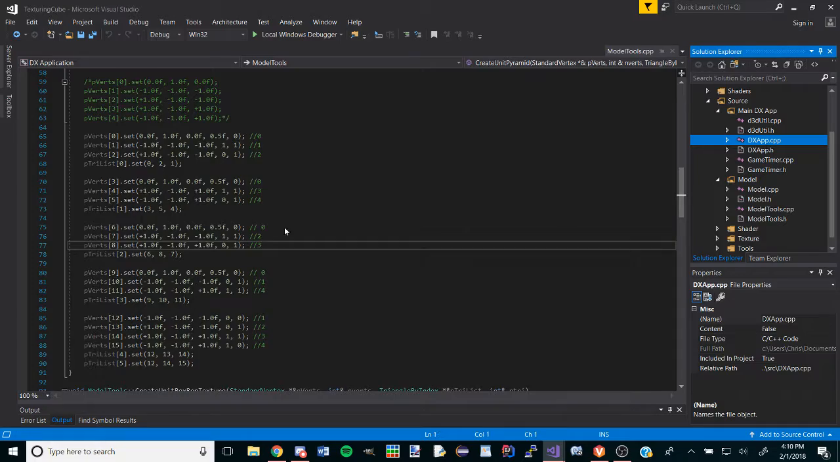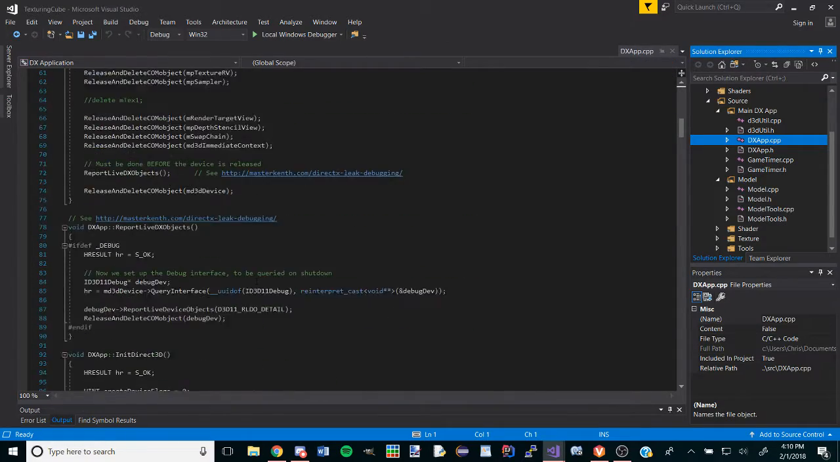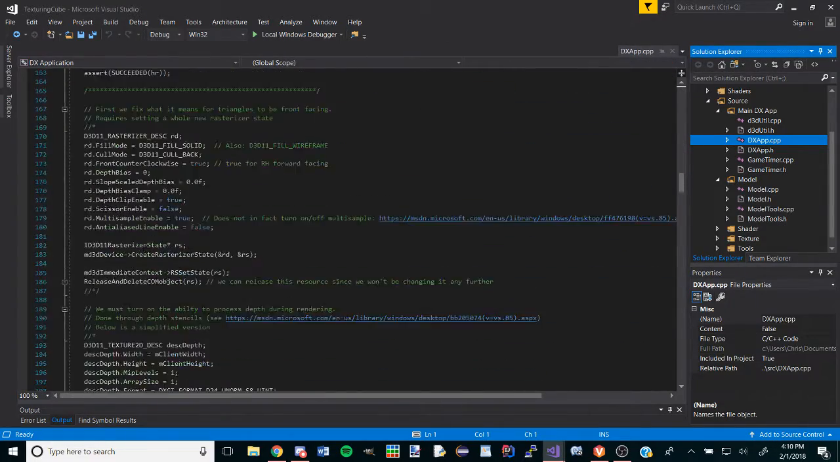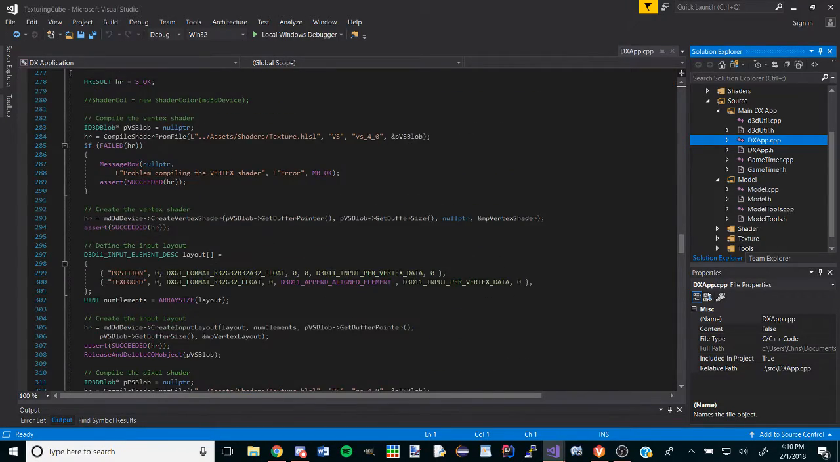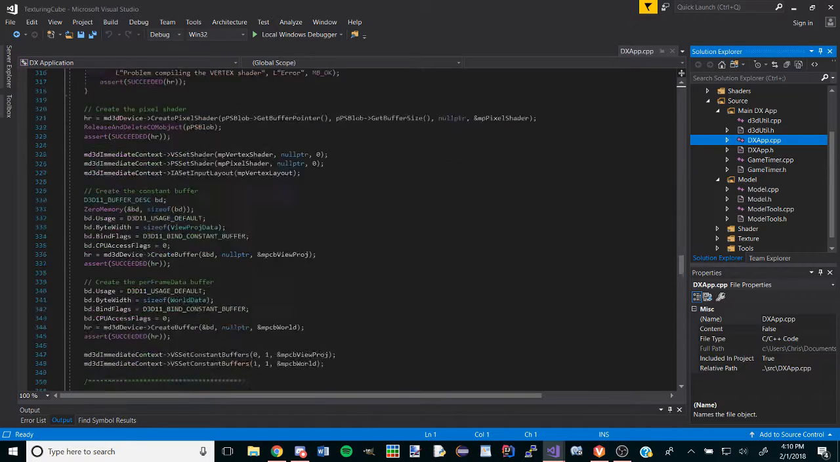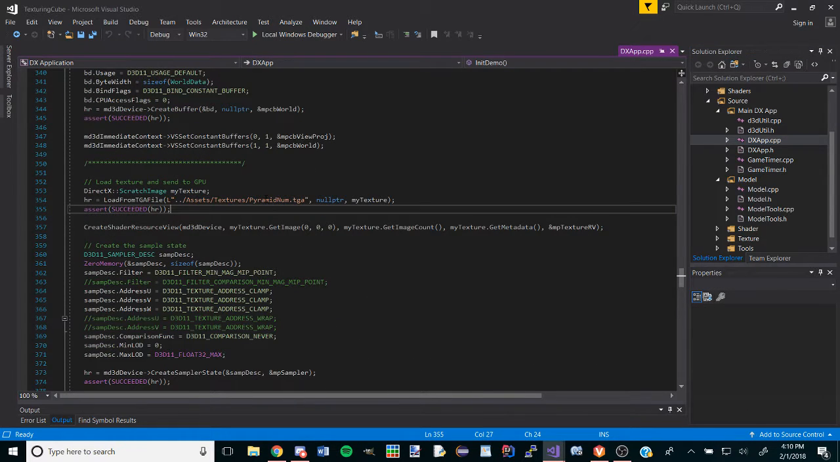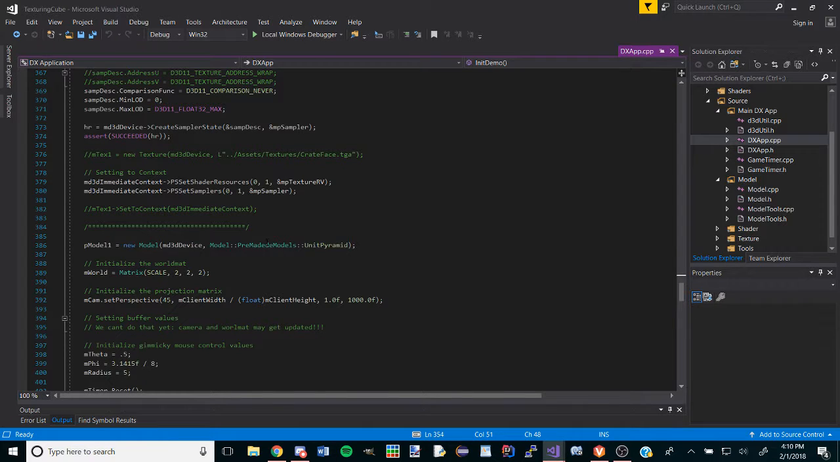And then looking at the DX app, we'll load in the pyramid num.tga, and then we'll create a unit pyramid model. So if you run this,